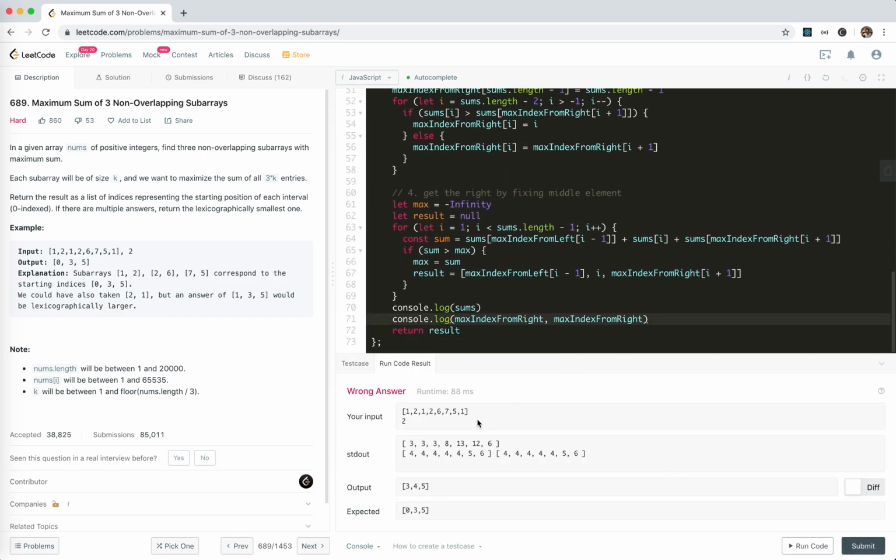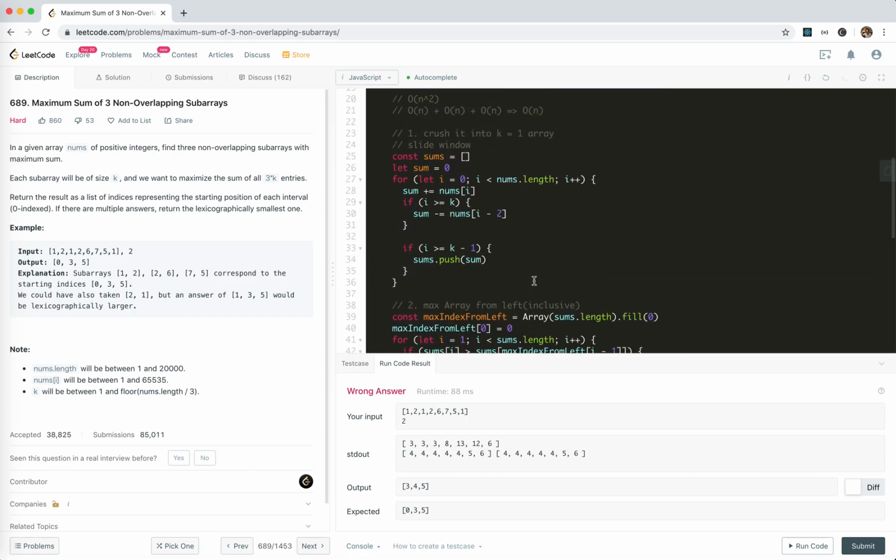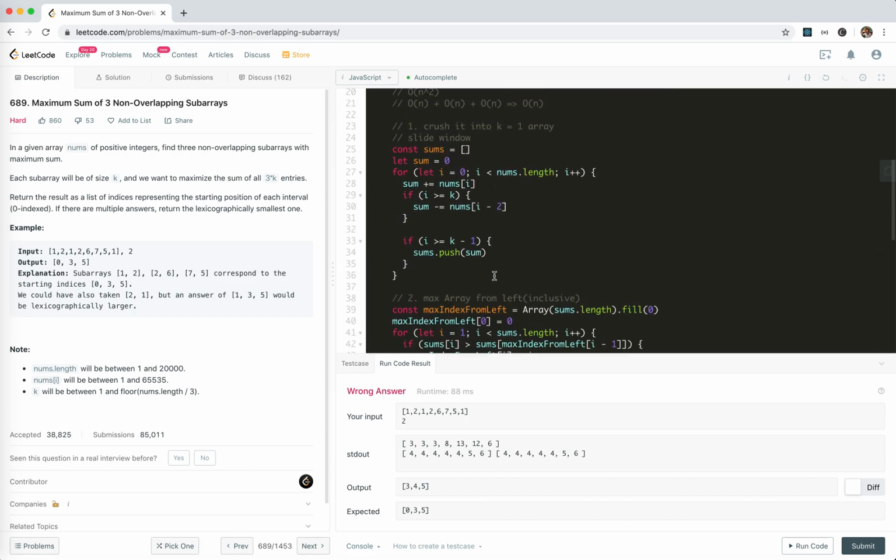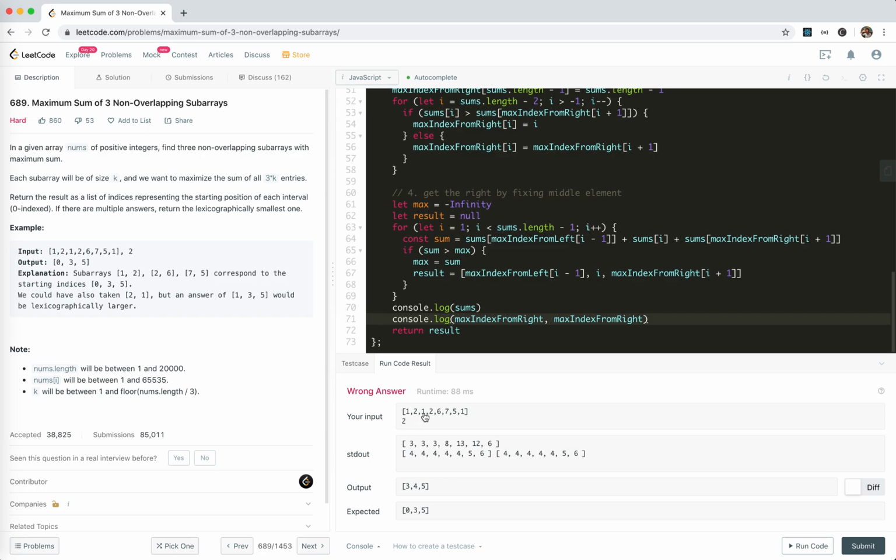Okay, we have a wrong answer of the sum. The sum is not right? Oh, the sum is right. Like 3, 3, 3, 12, 6, this is right. And now the biggest,